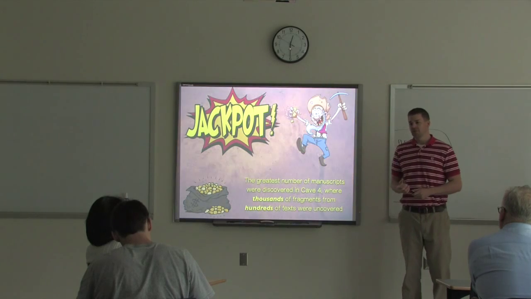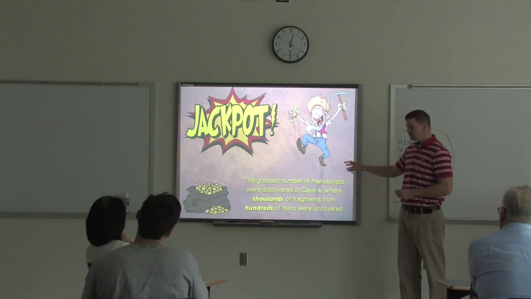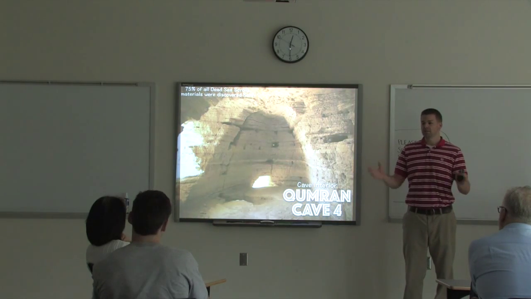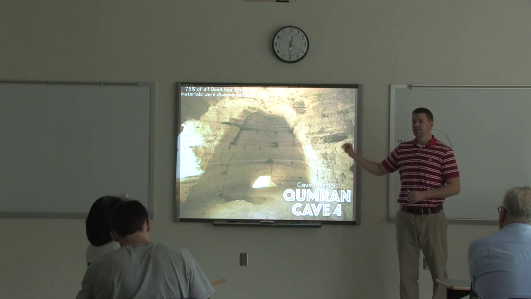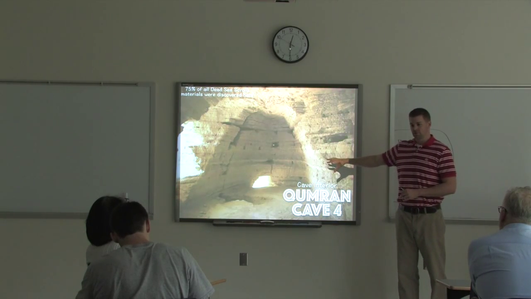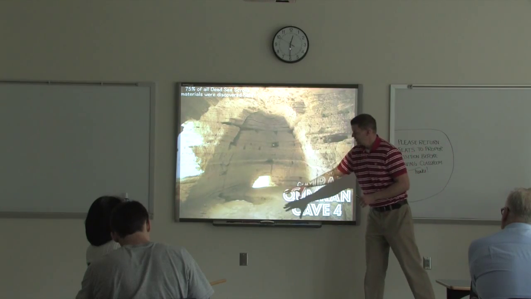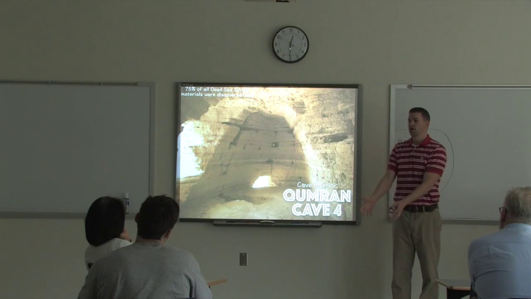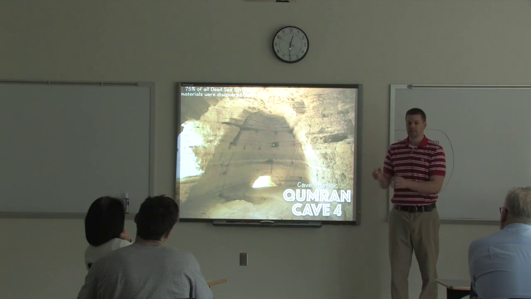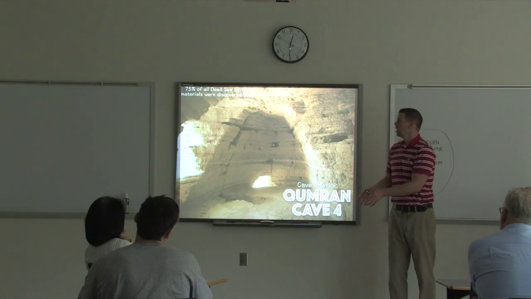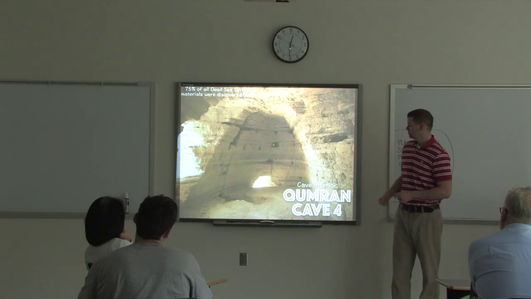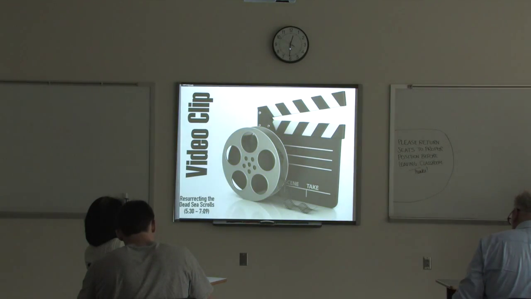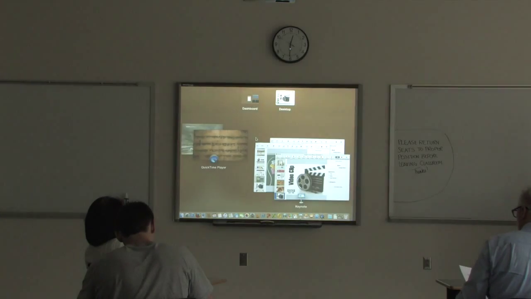There were thousands and thousands of fragments in this one cave alone. And this is what it looks like inside. This is Cave 4. 75% of all of the Dead Sea Scrolls that we have, all the 900 texts, comes from this cave alone. And what we found is, inside this cave, the texts were just dumped. They weren't placed in nice jars. It was just piled. It was a very last-minute ditch effort to get rid of these things and hide them before something happened. We'll look at what happened in a second. This is what it looks like. I'm going to show you another clip, just very quickly, of someone discussing this cave and why it was important.